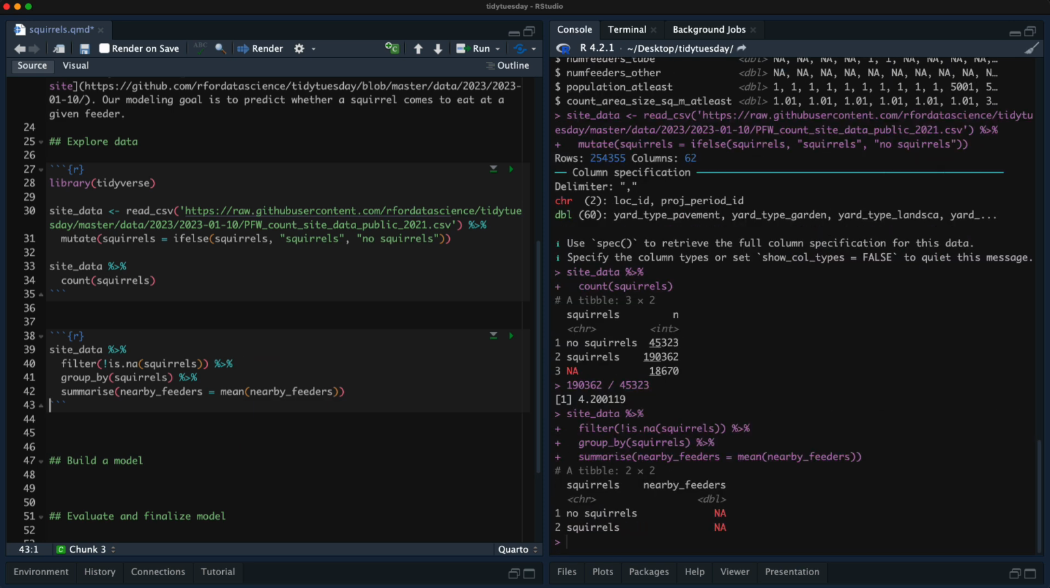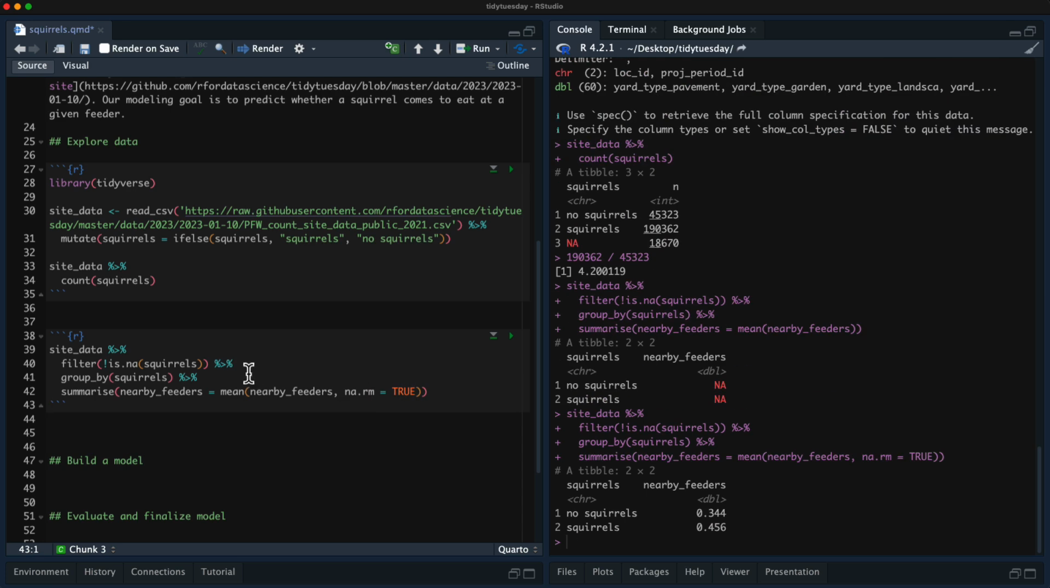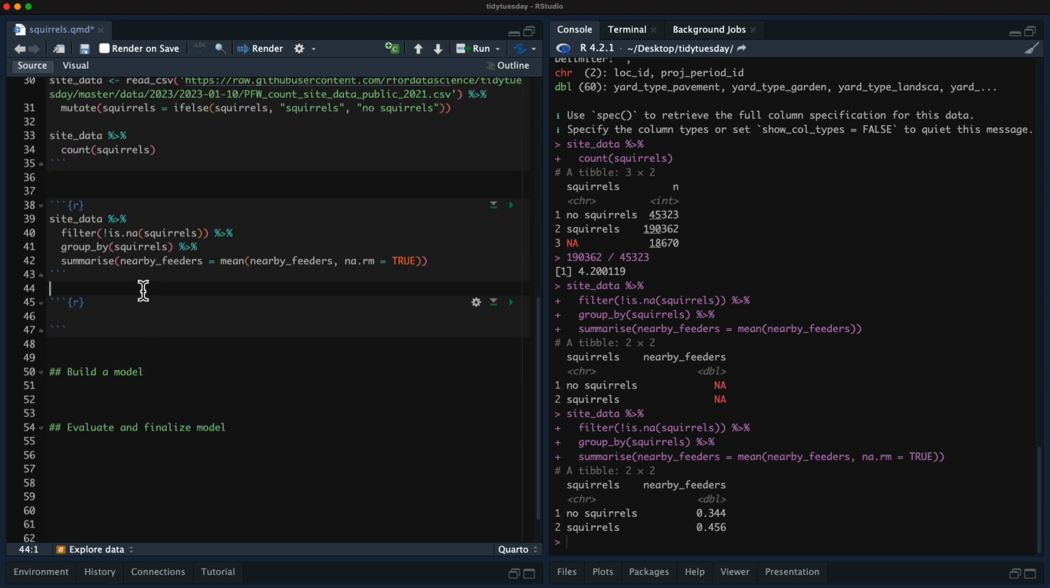So this is NA, because remember, there's a lot of NA data in here. So we're going to say na.rm. So here we see that the higher the average number of nearby feeders is, then that's more associated with squirrels. Whereas if there are fewer nearby feeders, that's associated with no squirrels. So these are the kind of relationships we're going to try to explore and to take advantage of when we